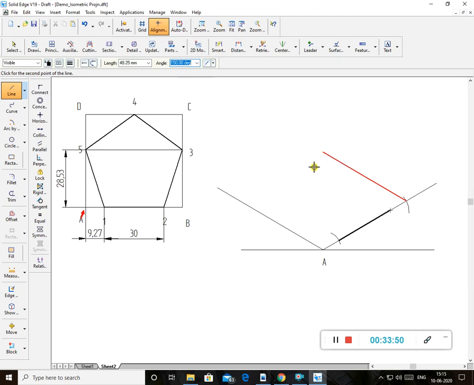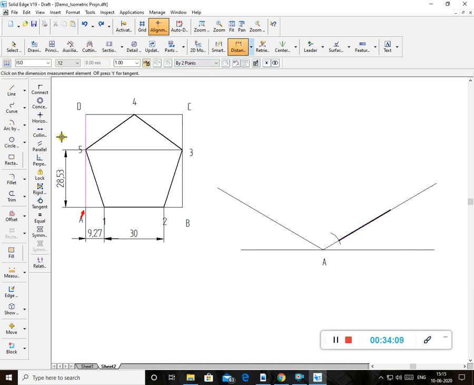How much length do I want? From here to here I want 28.53. Just this much you have drawn. Now this distance you measure; this distance is required.